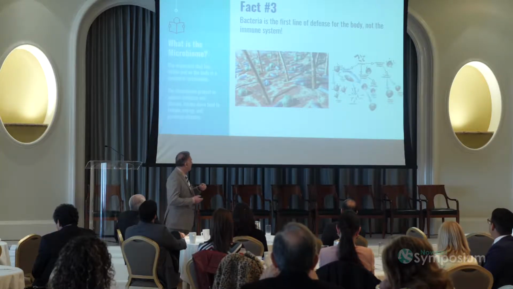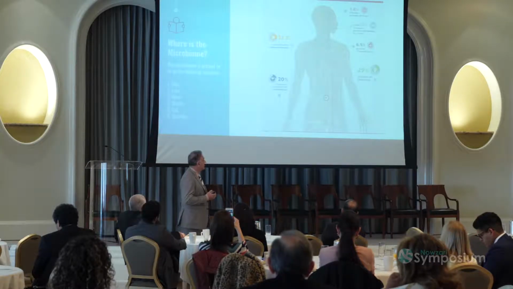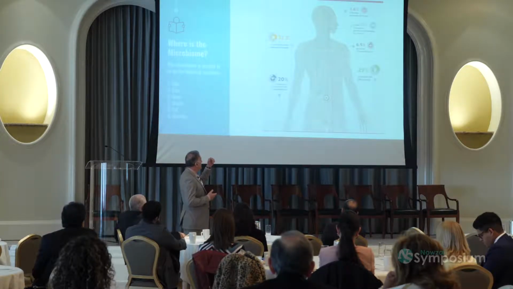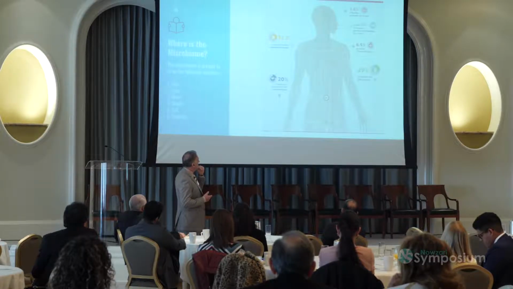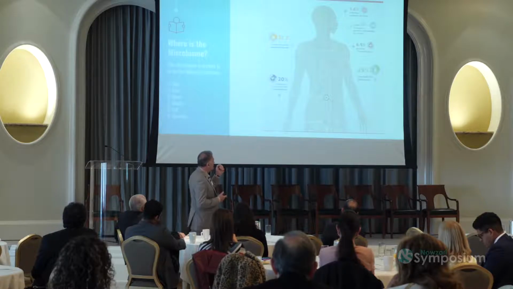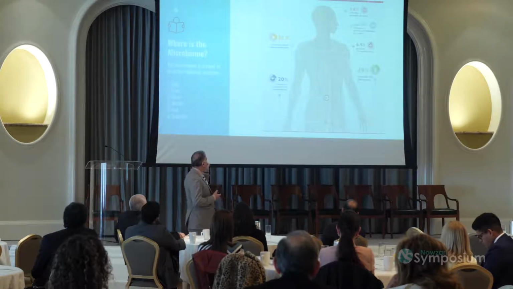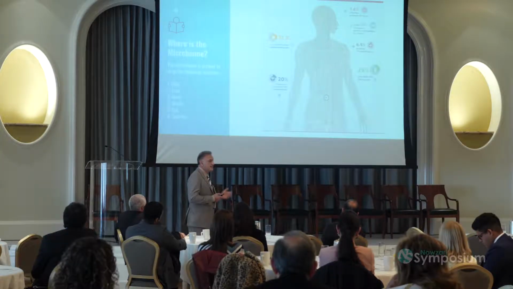Okay? Then we go into where are these microbiomes? And there are different percentages of them. 1.6% is in the eye, 10% is in the nose, 6.5% of these microbiomes are in the mouth, 29% are on the skin, 32%, which is the largest population, is actually in the gut, and then 20% is in the urogenital tract.